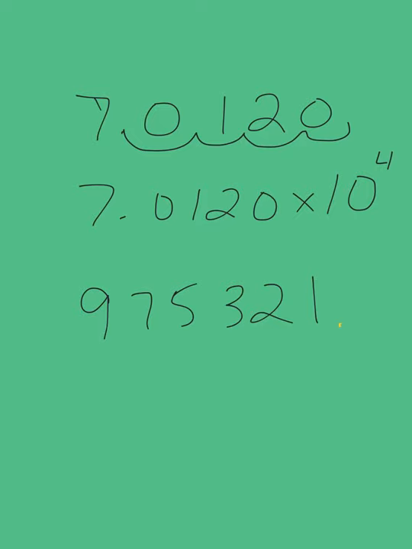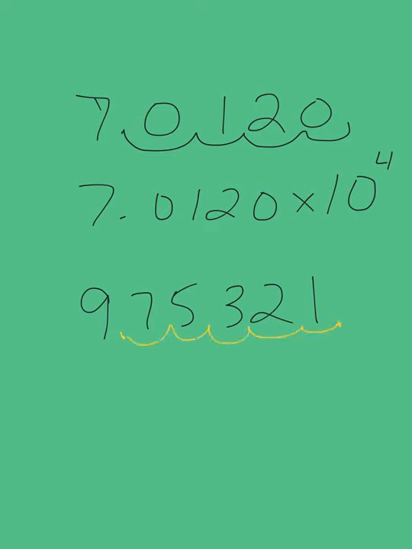Where am I going to move it so that this becomes a decimal between 1 and 10? We're going to move it over here, because if we moved it anywhere else, it would be higher than 10. So it's 9 point something, which is a decimal between 1 and 10. How many places am I going to move it to get from there to there? 1, 2, 3, 4,